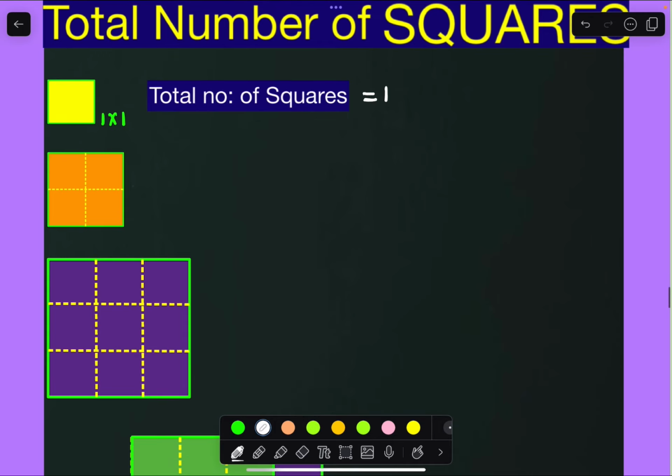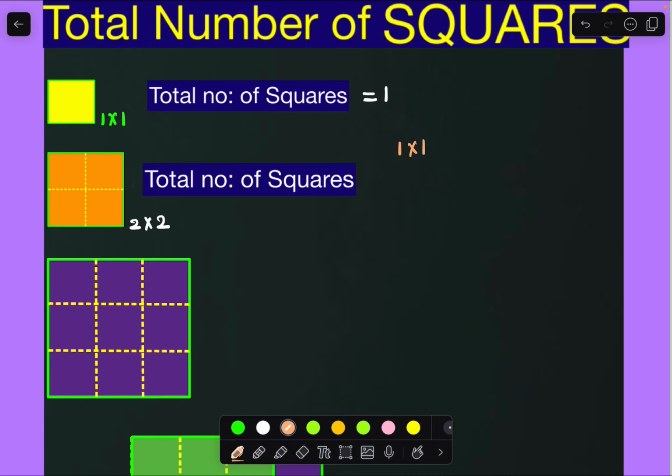And I am taking a 2 by 2 square grid here, right? It is a 2 by 2 square grid only, and the total number of squares we need to calculate. First I will discuss the normal method of counting, right? So here we find the total number of 1 by 1 unit size squares, 1 by 1 size squares we want here.